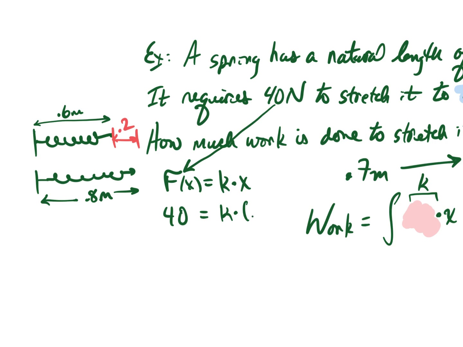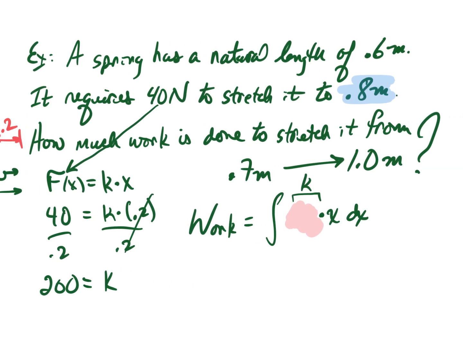What we're going to do instead is use 0.2 for x. It's how much distance the spring moves using 40 newtons of force. All right, and then therefore, of course, we can solve for k, divide both sides by 0.2. Pardon me. And so the spring constant for this situation would be 200. So now I could back up to the rest of the problem,